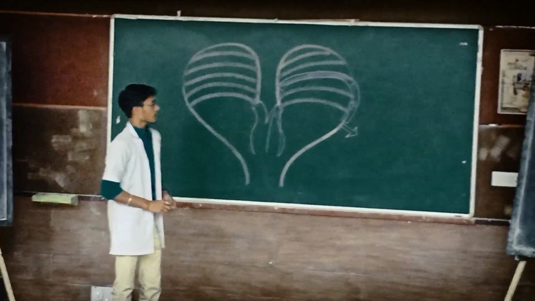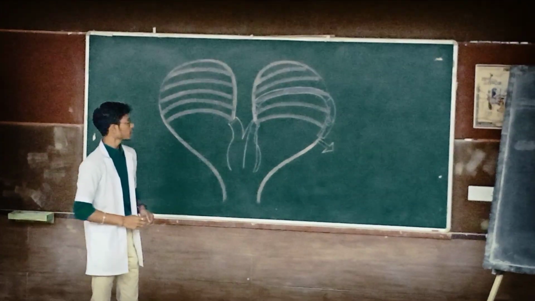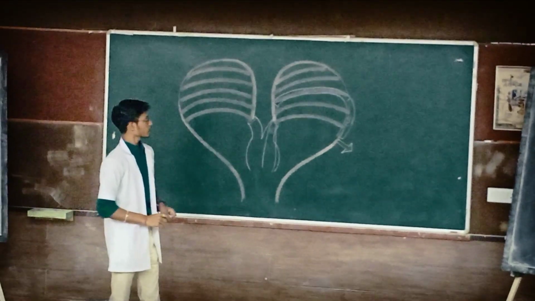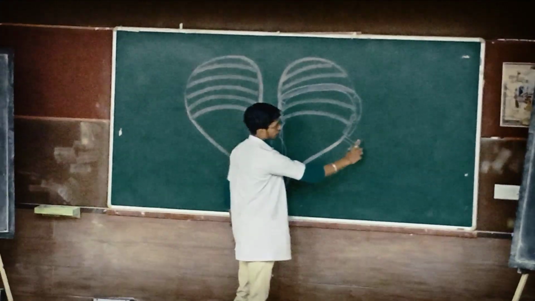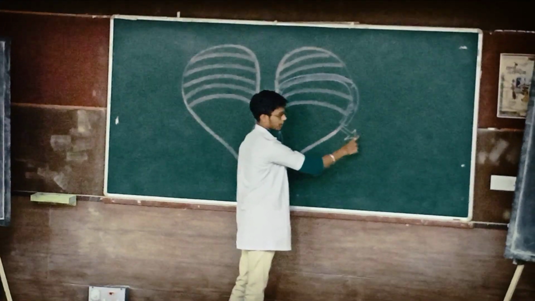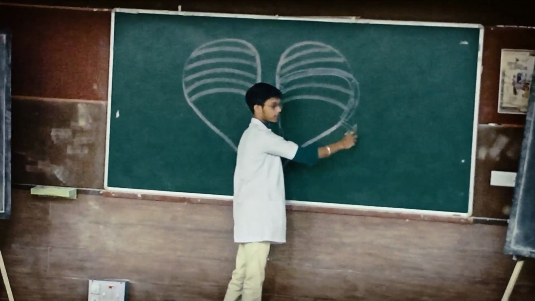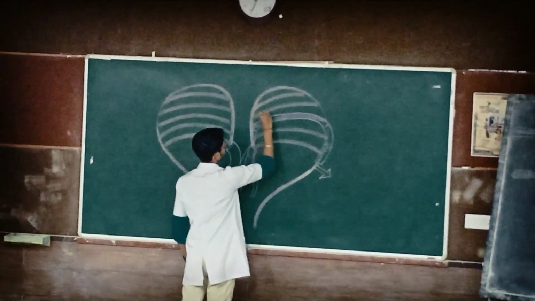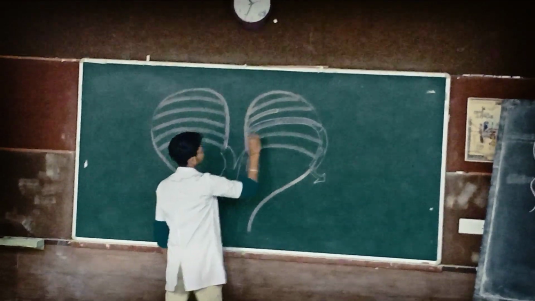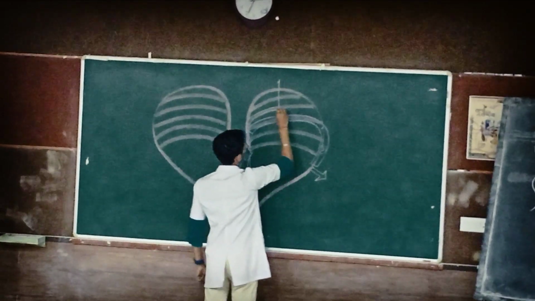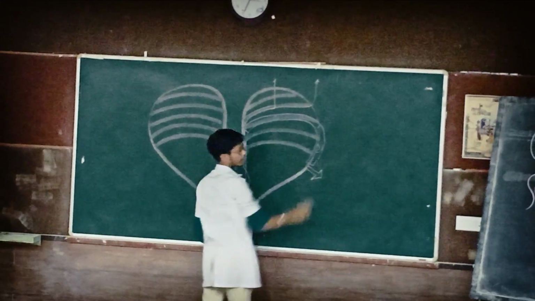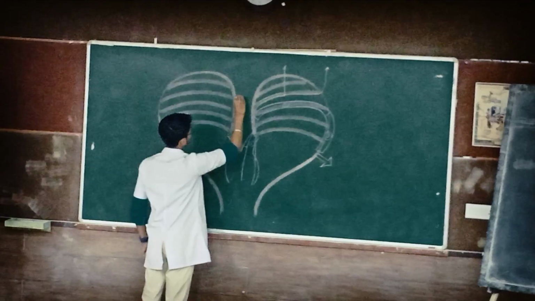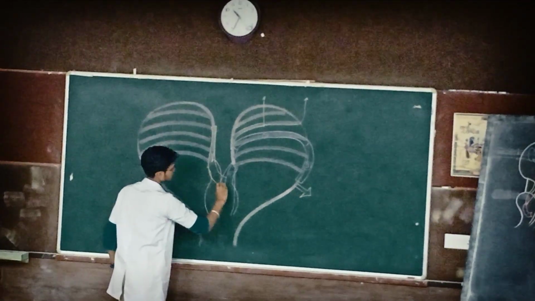As we know, the arch of aorta has three usual branches, which are the right brachiocephalic trunk, left common carotid, and left subclavian. The seventh intersegmental artery of the left side will give rise to our future left-sided subclavian artery. The left common carotid artery will arise from this part, which will have further branches, which are the external and internal carotid arteries. And the third is our brachiocephalic trunk, which will arise from this part.